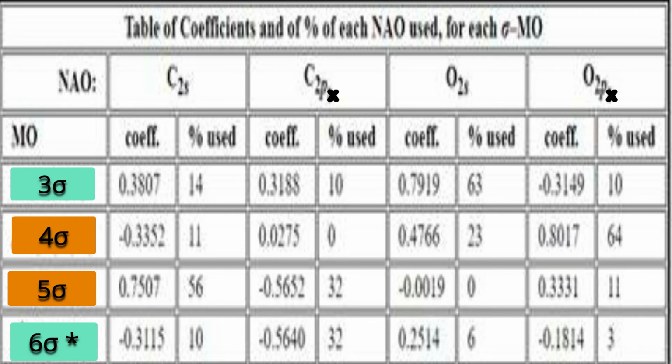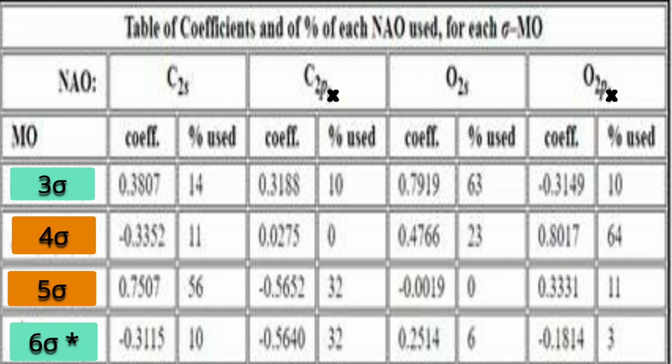If you see that 3 sigma orbital, 63% contribution from oxygen 2s, and its energy is lower than oxygen 2s orbital. So what do you think? It will be bonding, anti-bonding or non-bonding? Of course, it will be bonding. And for all other orbitals, carbon 2s, carbon 2px and oxygen 2px, it is bonding. So beyond doubt, 3 sigma orbital is a bonding one. Therefore, I had represented that 3 sigma orbital by different color. 3 sigma and 6 sigma star were by different colors.